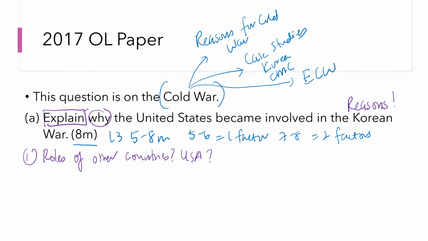Okay, so one of the reasons why USA was involved is definitely because they wanted to... okay, so remember about USA and remember about United Nations. We've discussed a little bit about United Nations, but what was the role of United Nations in ensuring world peace? Agree? All right. And USA became involved in the Korean War because, one, they wanted to maintain